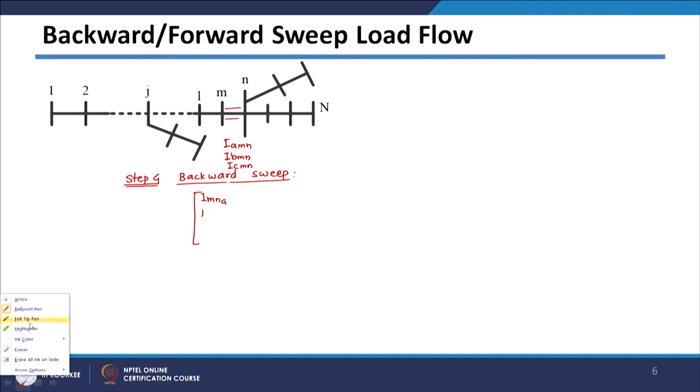So, in this case also, IAmn, IBmn and ICmn are basically the currents flowing in the 3 phases of the mn section of the line, and it is again at the kth iteration. So I have to write the iteration count k here, will be equal to,